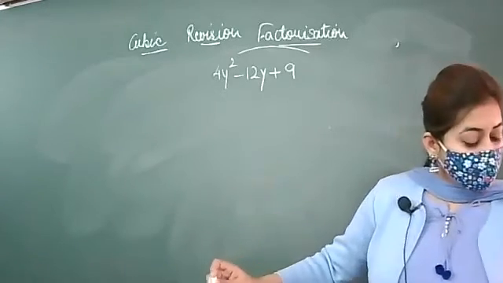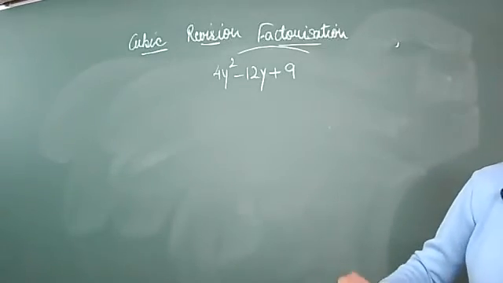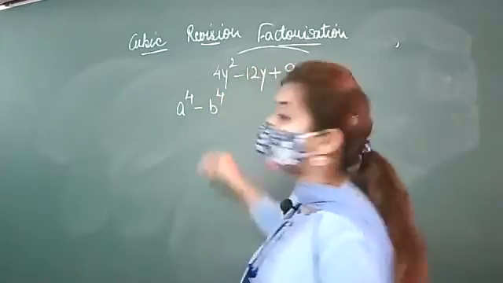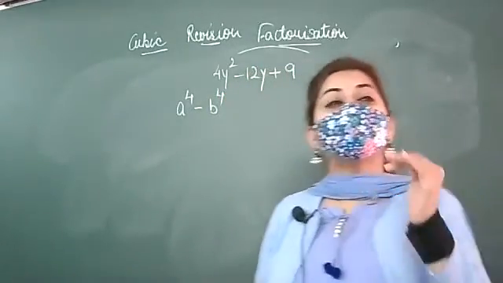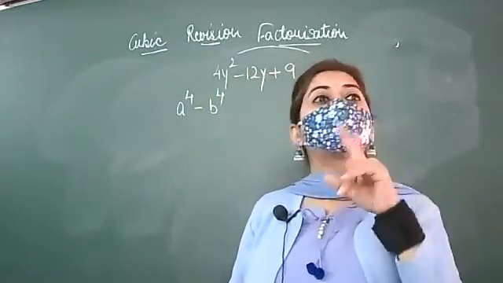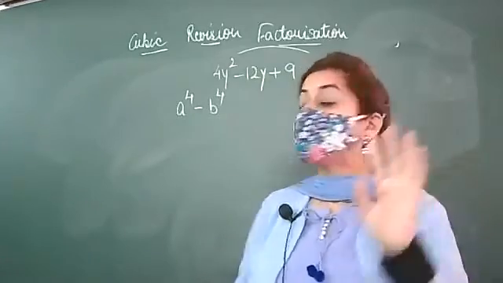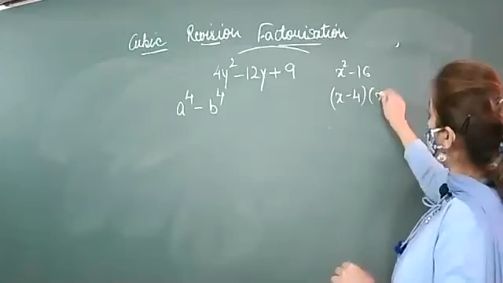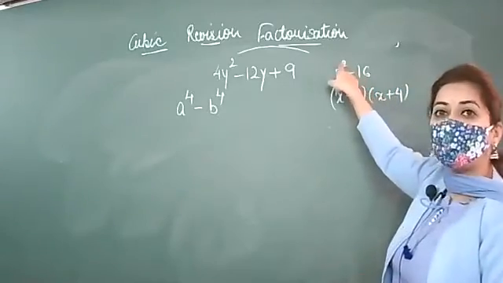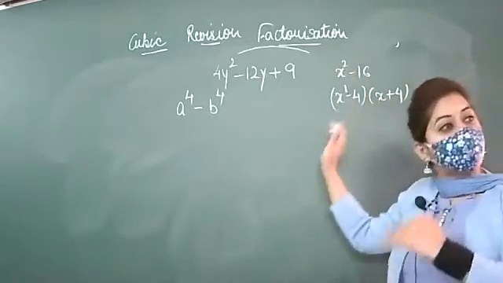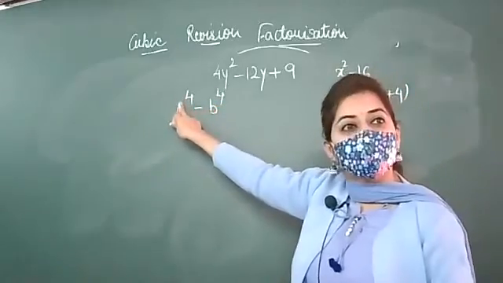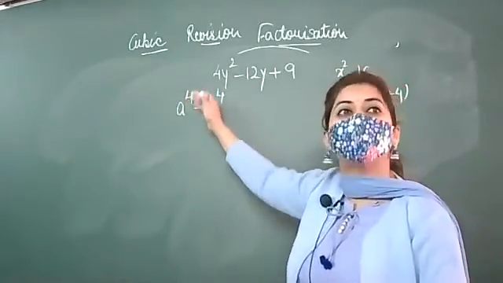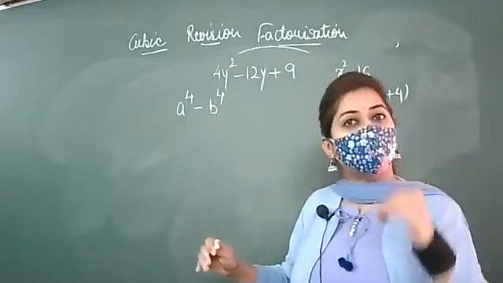Next is division. Look at one more question: a raised to power 4 minus b raised to power 4. Whenever the power is 2, you break it down to power 1, as you have seen. Like x square minus 16, you wrote x minus 4, x plus 4. You have reduced this power 2 to 1. Whatever power is given, we take its half. Now here the power is 4 and half of 4 is 2. So first you break down the power to 2, then 2 will be broken down to 1.